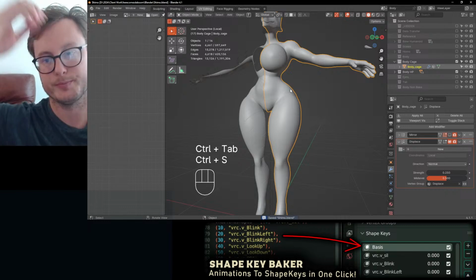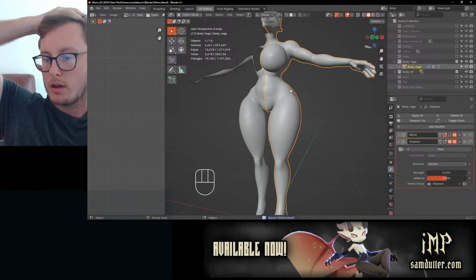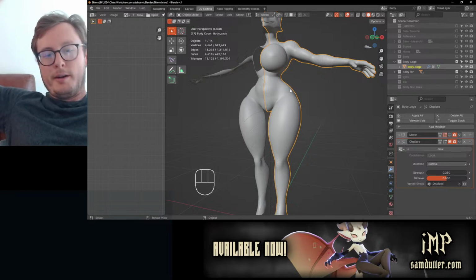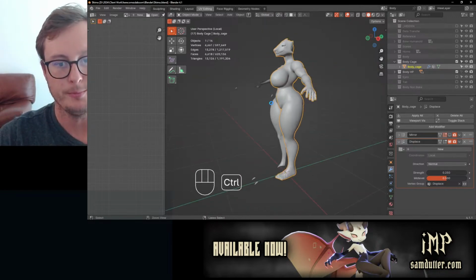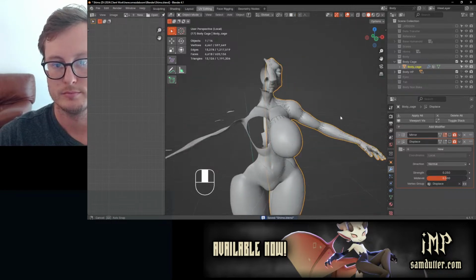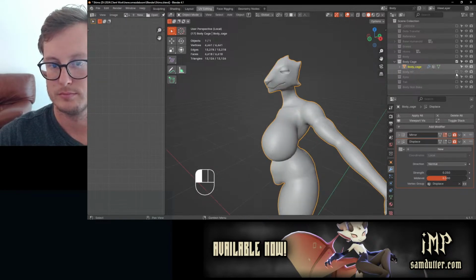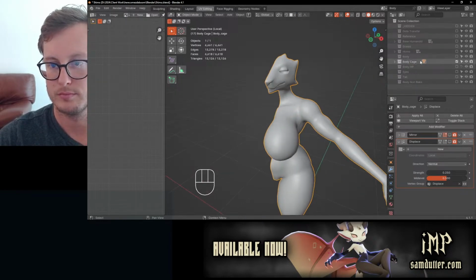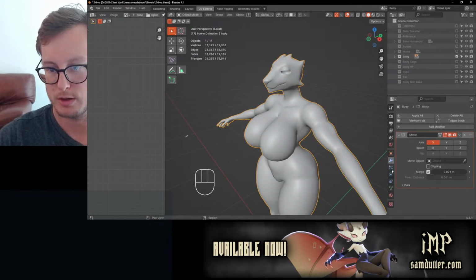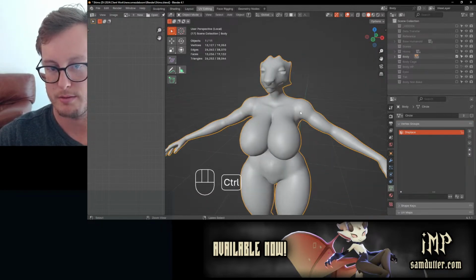There we go. One issue we have, though, is that our mesh here does not have vertex groups. So we need to